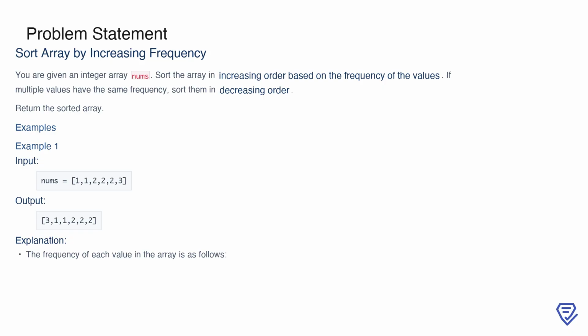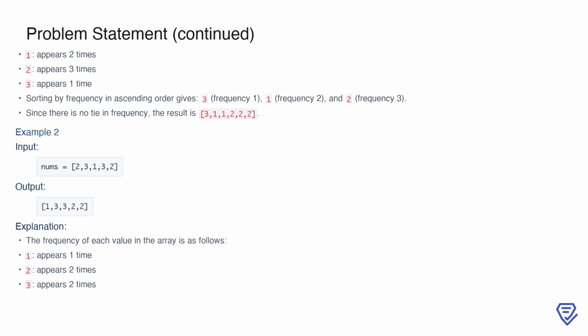with equal frequency. In the first example, the value 1 appears 2 times, 2 appears 3 times, and 3 appears 1 time. Sorting by frequency in ascending order gives us 3 first, as it has the lowest frequency, followed by 1 with a frequency of 2, and then 2 with a frequency of 3. Since there are no ties in frequency, we directly follow the frequency order, resulting in 3 1 1 2 2